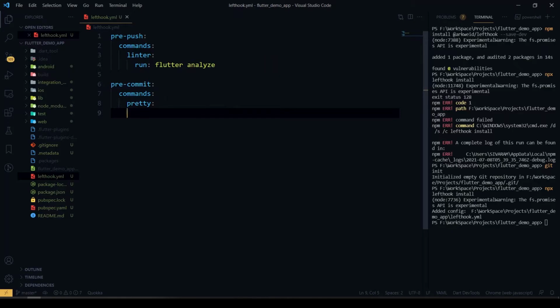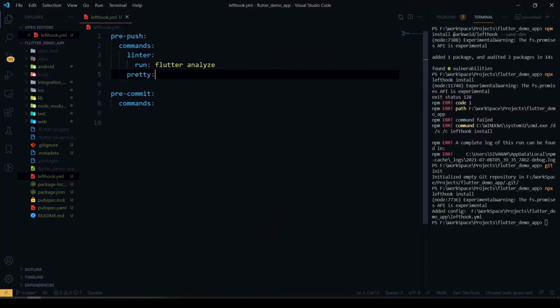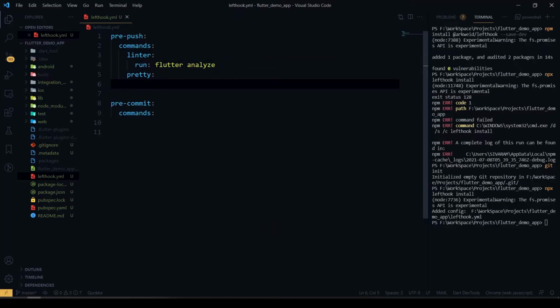I think we can use this inside the linter itself, I guess. Inside the prettier, you just define the glob here. For now, I just give it as dot files. Okay, completed.